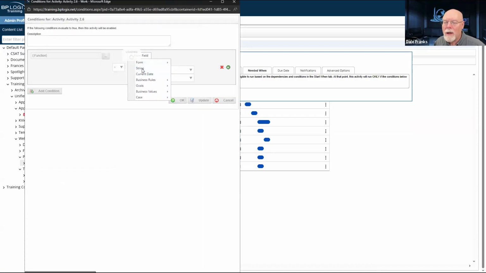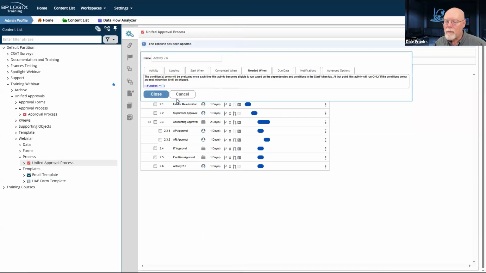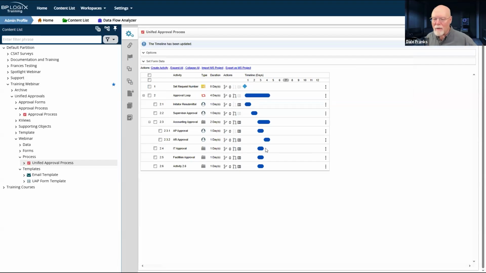And string IT. And we'll close that. So now I have all of my 4 functions that I need set up. Now, each one of these functions is only going to run whenever I select the appropriate function on the form.